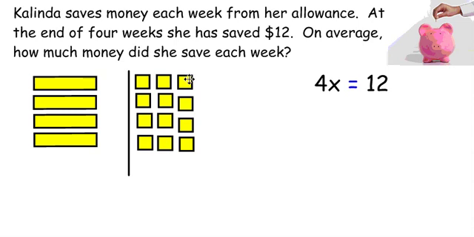x is equal to 3 unit tiles, x equals 3 unit tiles, for each of the four. We divided up the 12 evenly among the 4 x tiles. Algebraically, we show that as dividing by 4. And remember, whatever I do to one side of the equation, I must also do to the other side of the equation. So I have to divide both sides by 4,